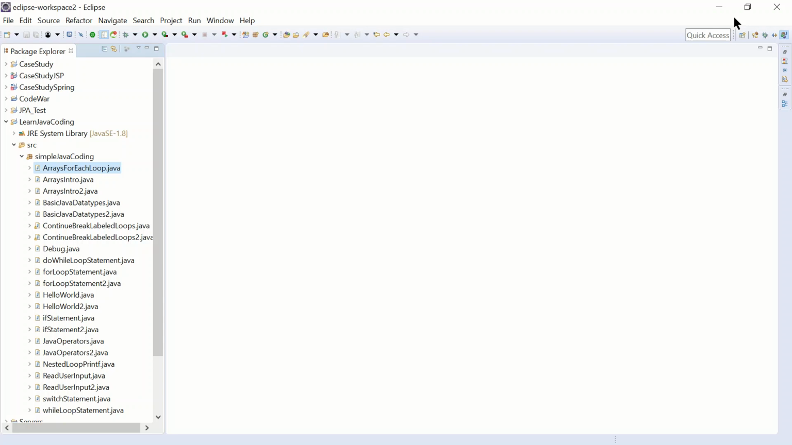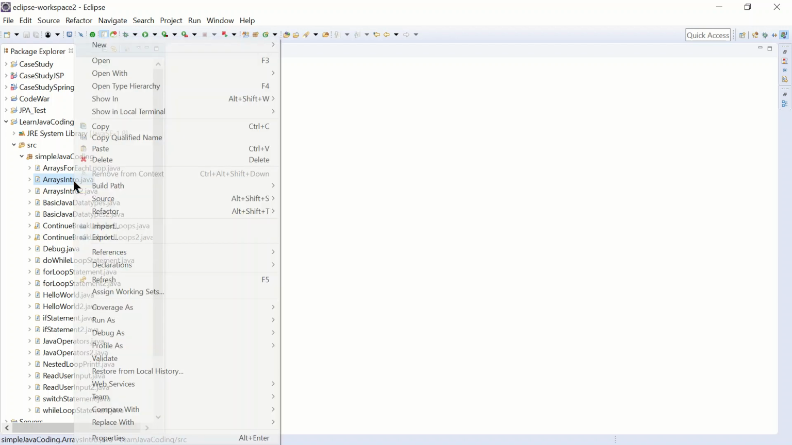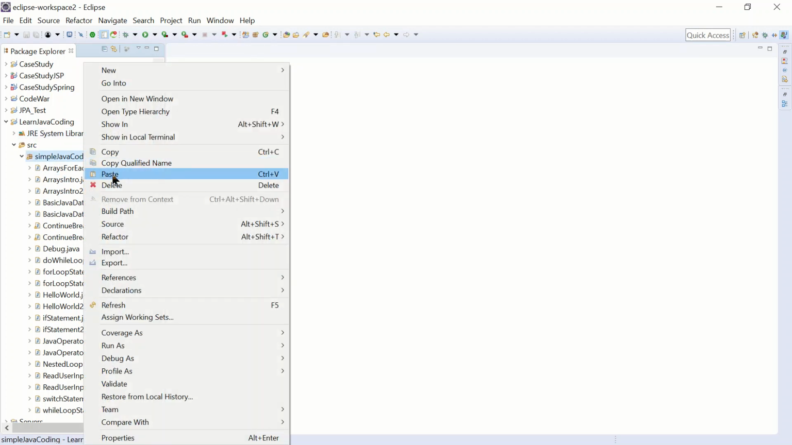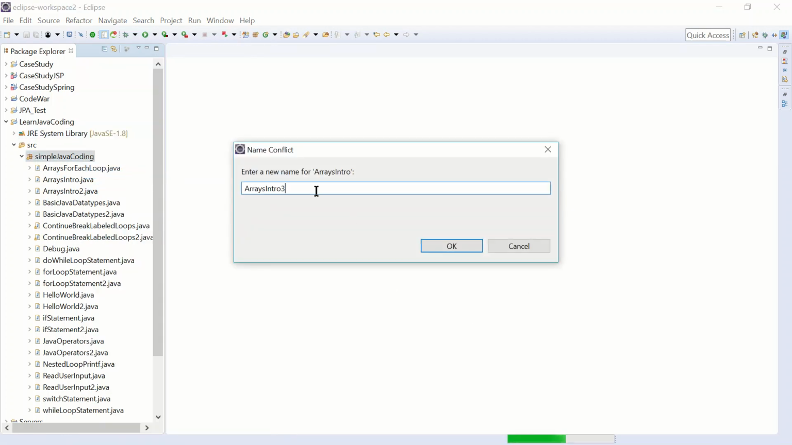to use the for each loop in Java. To get started, I'm going to go to our last lesson on arrays, introduction to arrays, and I'm going to copy that program over. I'm going to do a copy, paste, rename this program to arrays for each loop